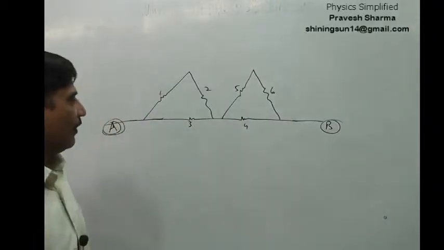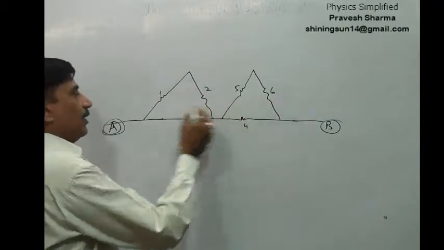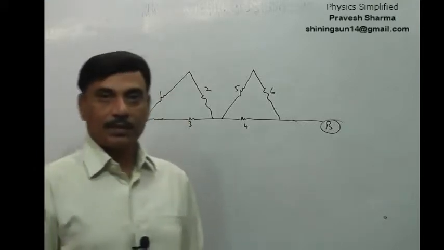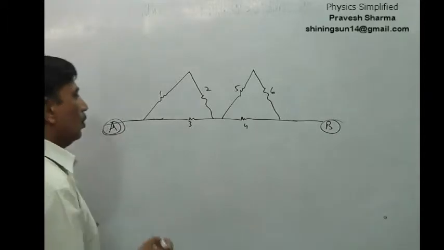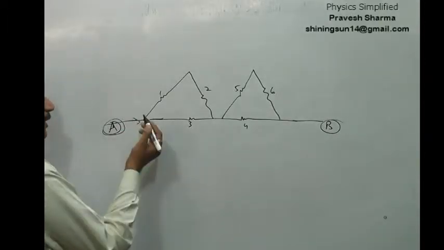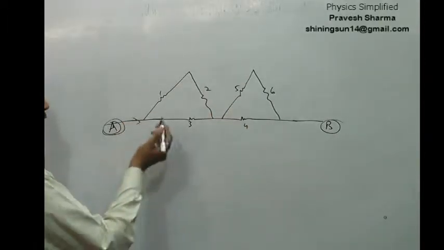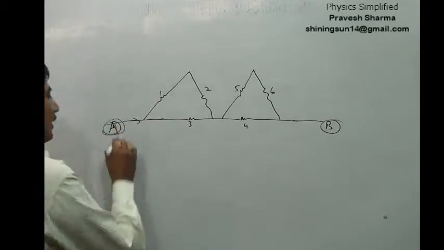Now in this case, if I take the resistances as 1, 2, 3, 4, 5, 6, this is the sign of a resistor. Can we say which are the resistances in series and which are in parallel? Yes, it is simple. Over here, as the current gets in, when I say equivalent resistance between A and B, or which are the resistances in series and parallel, it is something like this.